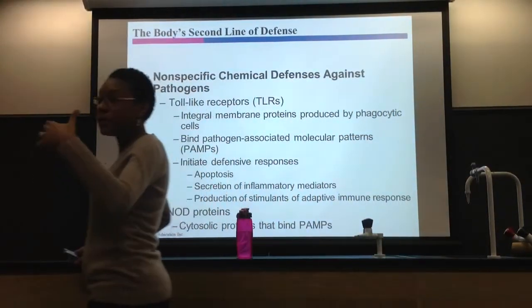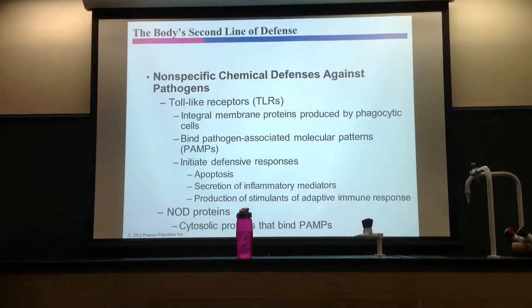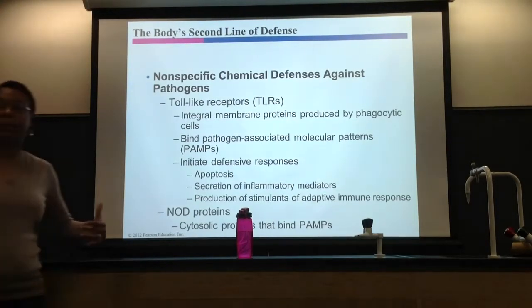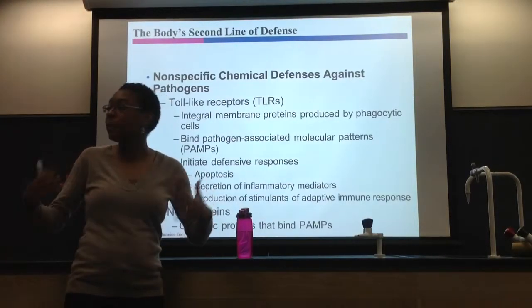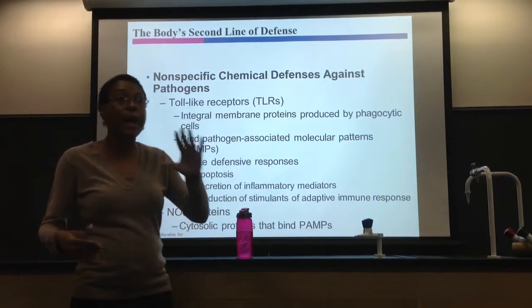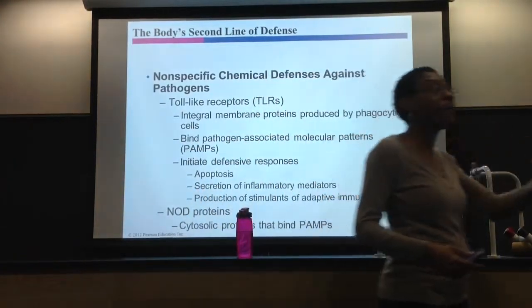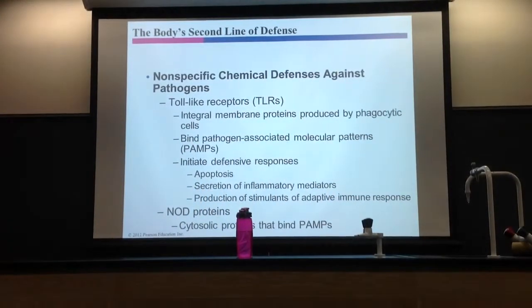That's probably easy to understand because phagocytes eat things, right? They eat bacteria, and they may have a NOD protein in their cytoplasm that looks for a flagellum, looks for LPS, binds to it, and it will still stimulate the same responses. So in the NOD proteins, if they find a PAMP, they stimulate the same response. The same being what? Apoptosis, inflammation, or your immune system. Got it? But TLRs are basically on the cell surface, and these guys are on the inside. That's how they work.